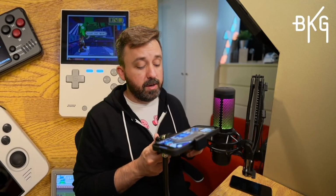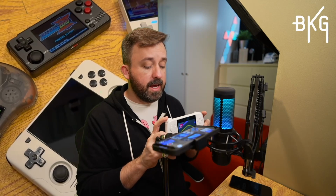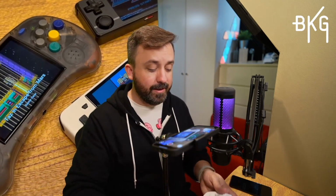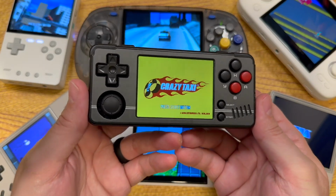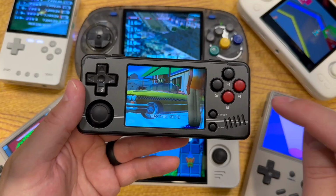It's actually pretty subtle. The RG Arc really surprised me because it doesn't have clicky bumpers, and I fully expected it to. The same for the RG Cube XX. These don't click either, and that just makes me so happy. But the most discreet sounding device in all of these is probably, surprisingly, the Miyoo A30. These have the quietest face buttons and the quietest triggers. They are almost unnoticeable. So this has to be a contender, except for category number 2, and that is this